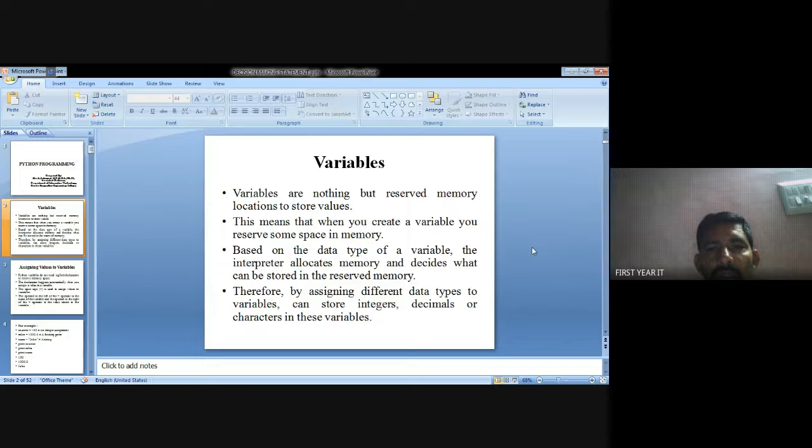The value will be stored in reserved memory. Suppose integer means integer values like 10, decimal means floating values like 1.0, 2.0, and character values we can assign as letters a, b, c, d. This is how variables are assigned.